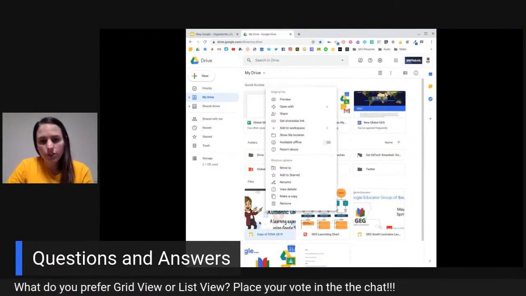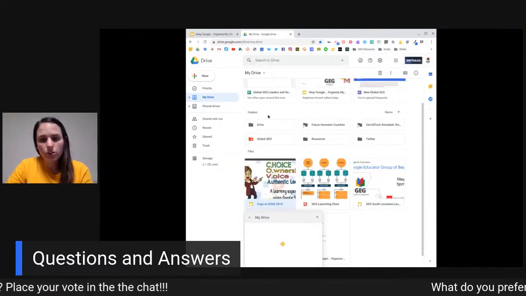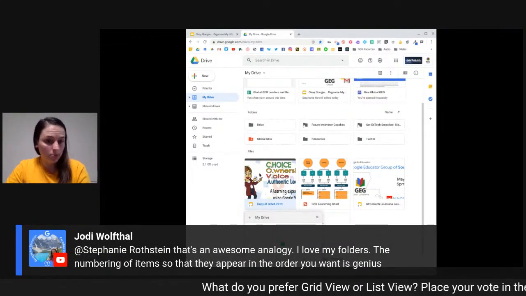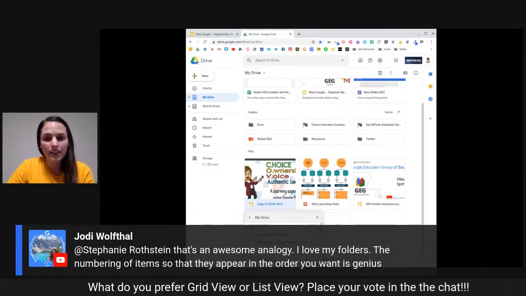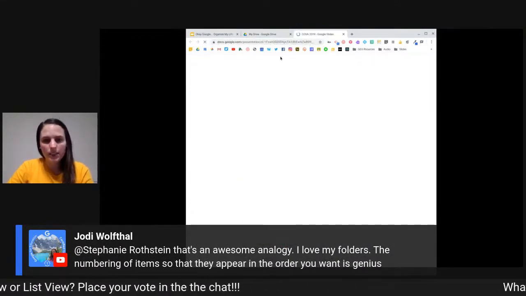And you can go to move to. And then I can move that document to that drive folder. I just have to click it once it loads. So that's an option. Another tip that I like to do is once I'm in my presentation, the amazing Melissa